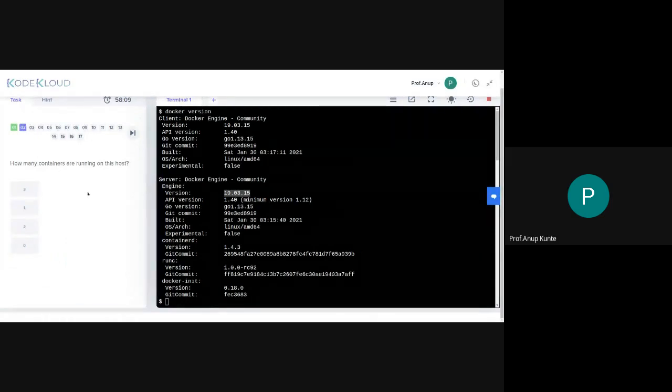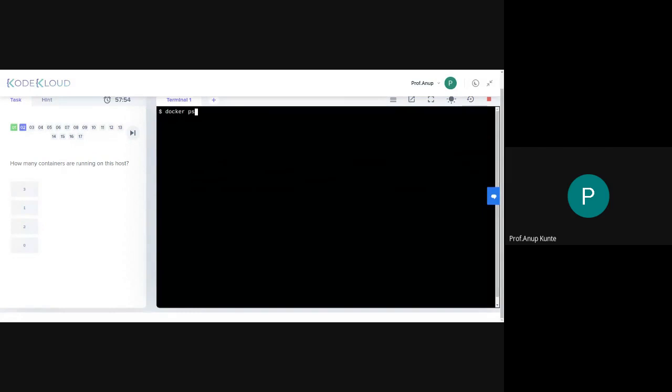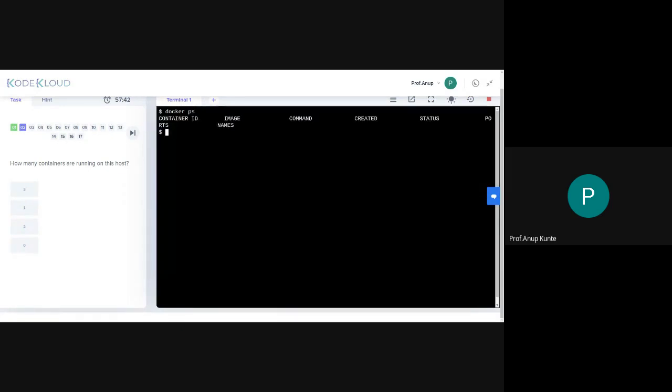How many containers are running on a host? So if I'm on a host where I've already installed Docker and I want to know how many containers are running, I can list out the containers using the docker ps command. So ps is just like the process status command in Linux, which lists out all the processes and different attributes of those processes. Here the Docker processes will be listed out for you. So docker ps shows you the number of processes that are running.